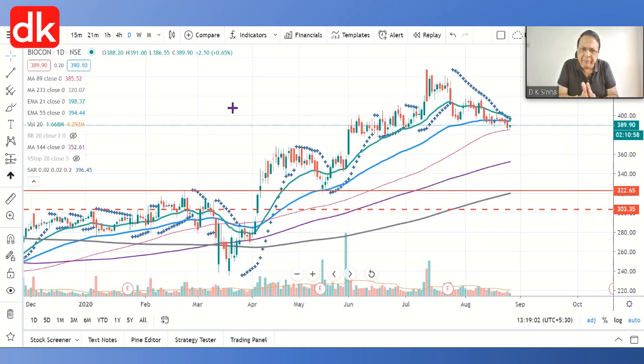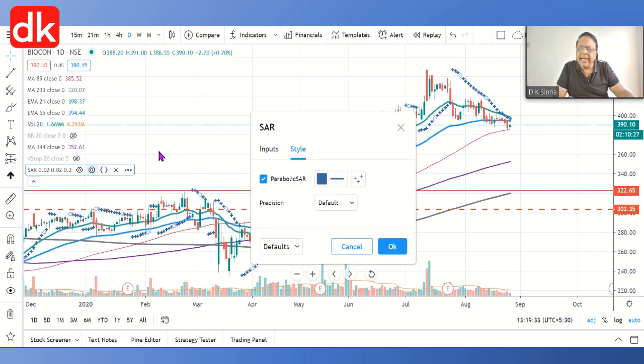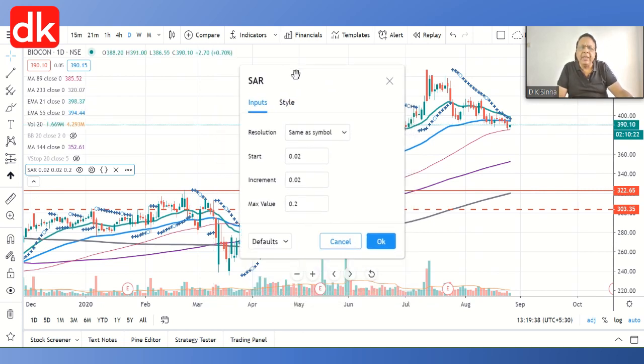So friends, I am sharing with you a price chart. This is the price chart of Biocon on NSE India. It doesn't matter which price chart; I have chosen this price chart to explain to you the application of Parabolic SAR. It is that simple. So friends, these are the dots. Various dots are under formation. You can see sometimes the dots are being formed below the candle and sometimes above the candle. So first let us go to the Parabolic SAR, and I am going to the settings of Parabolic SAR. You can see the inputs given are very simple.